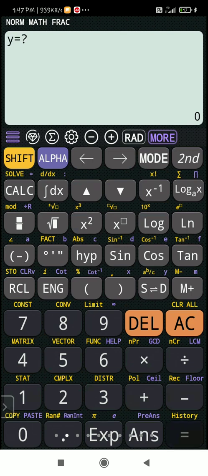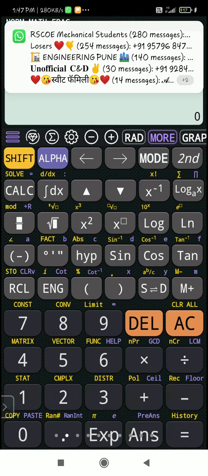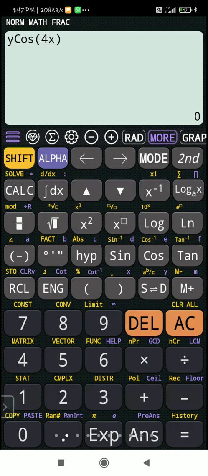So let me press X and Y. So X is 0. Now it is giving me the value of Y cos 2x. What value of Y cos 2x are we getting? 0. Then Y cos 4x, 0. Then Y sin 2x, 0. And Y sin 4x, that is also 0. So write down all those values in your notebook. For x equal to 0 and y equal to 0, all the values are 0. And without calculator also we can write, isn't it? Now the next calculation is important.